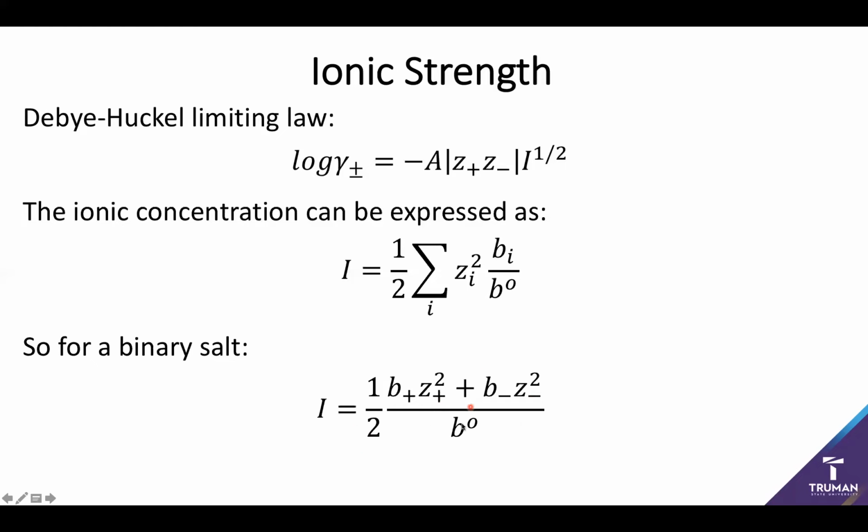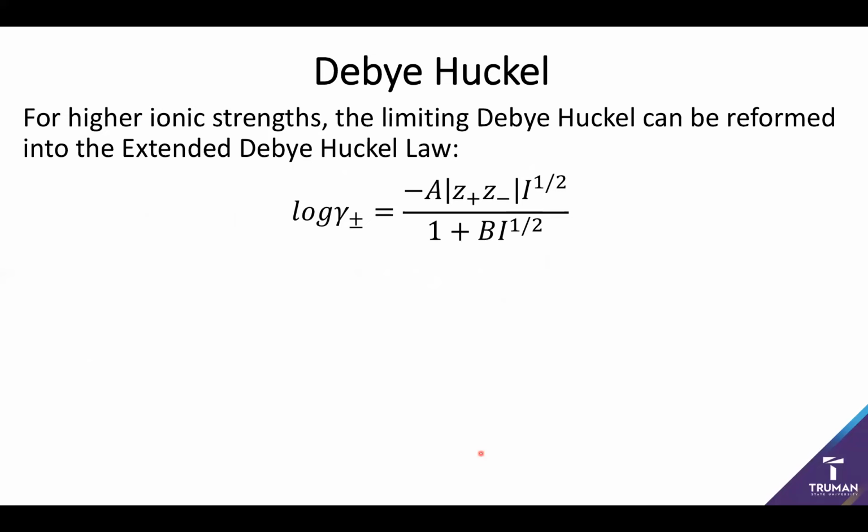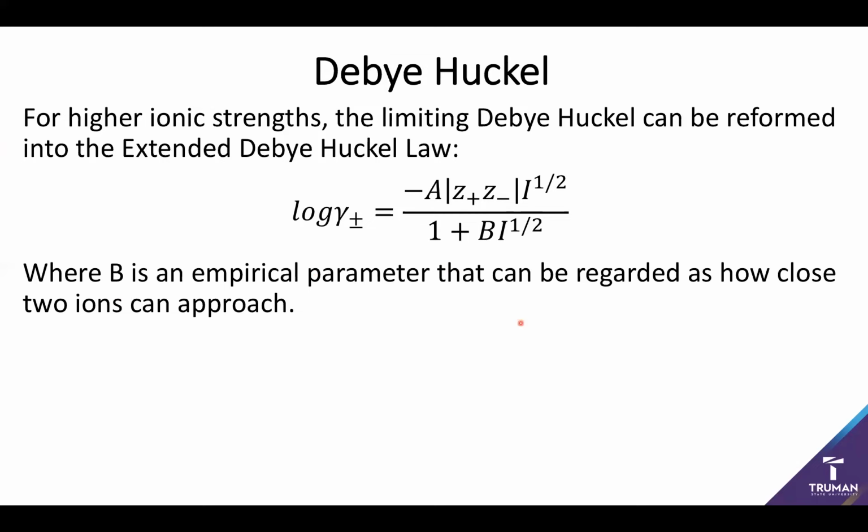And so we're going to have to do the classic PChem approach, which is tack on a correction factor. So one of the simplest forms that we can do is by going to what's called the extended Debye-Huckel law. So it's taking this Debye-Huckel form in the numerator, and then we're essentially just correcting the denominator by a factor of B, which is going to be a measure of how close our two ions can approach. The closer that